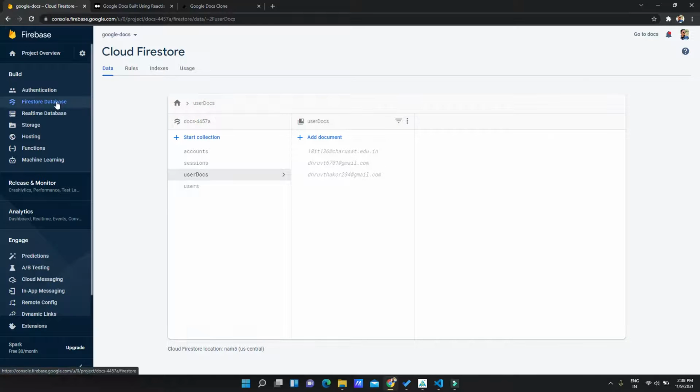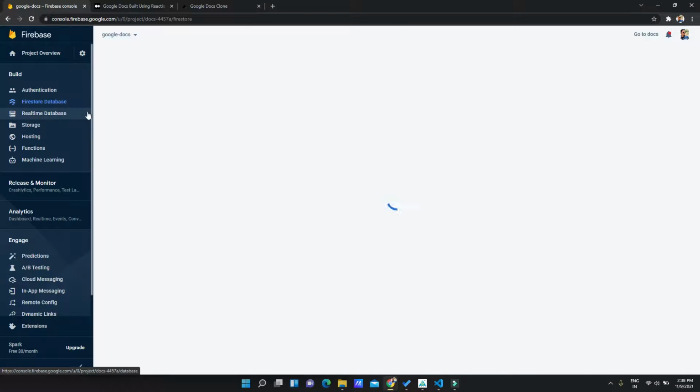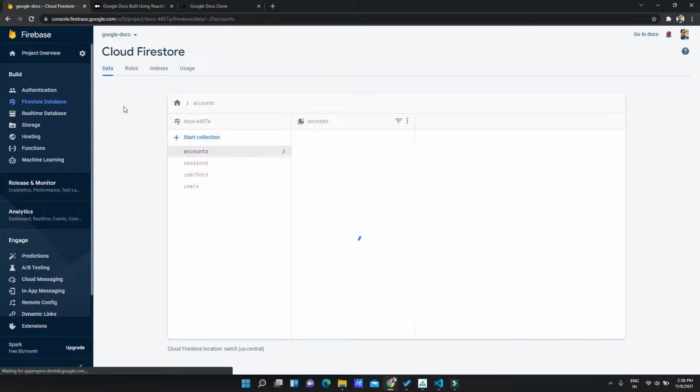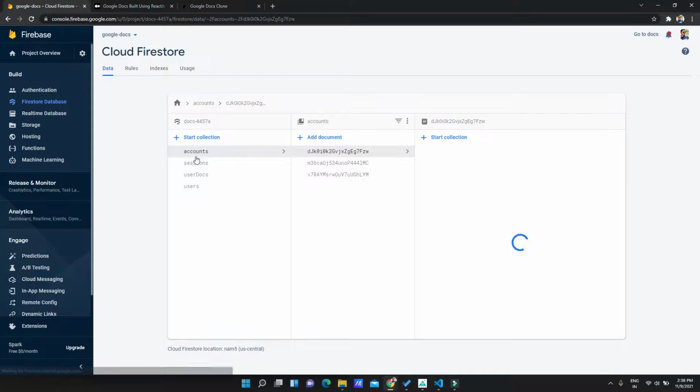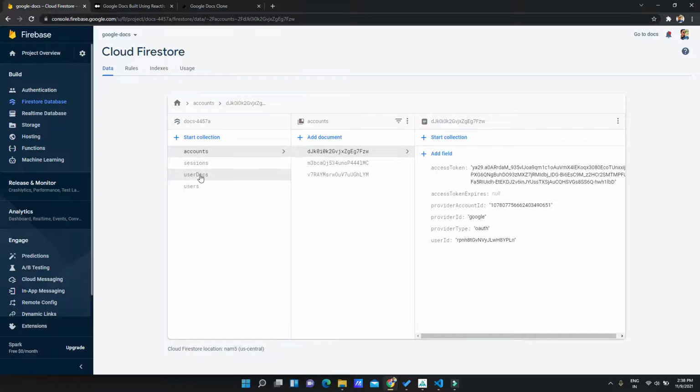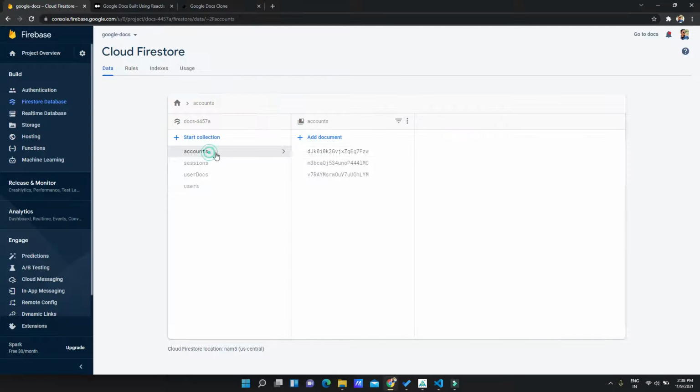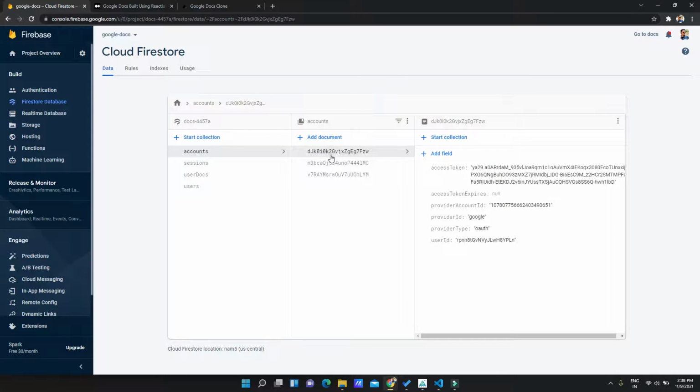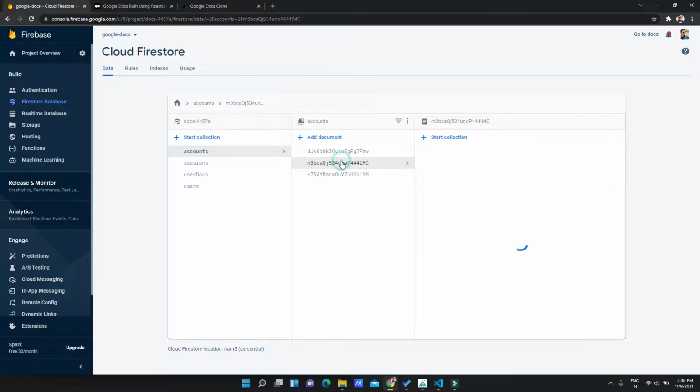Here we can see the Firestore database, and in it there are accounts, sessions, user docs, and users. In accounts, all the accounts which are logged into our application are listed.